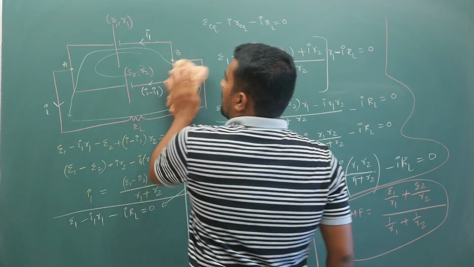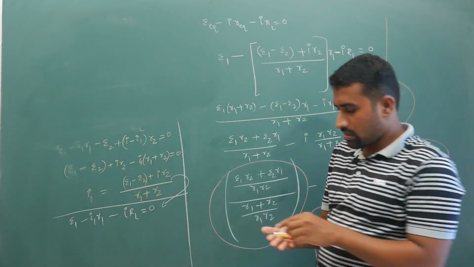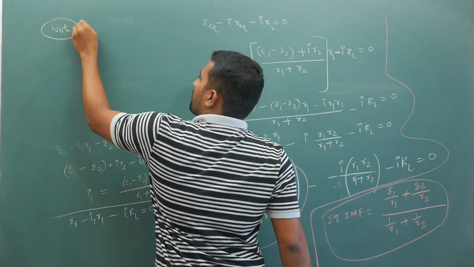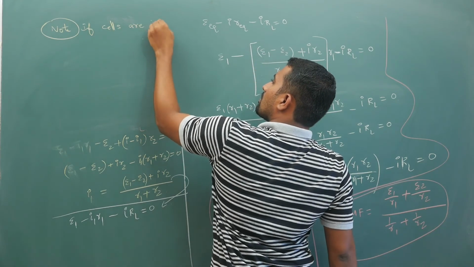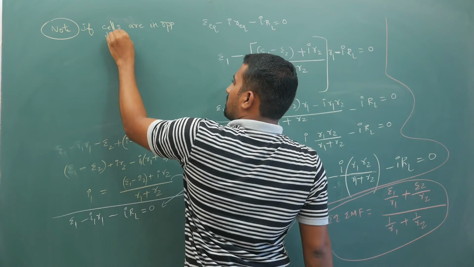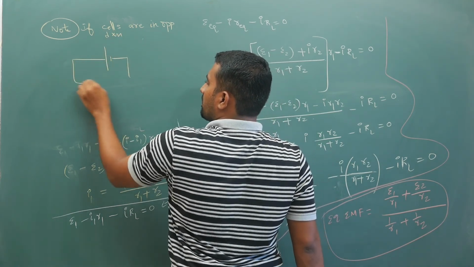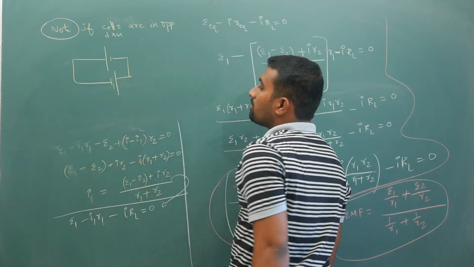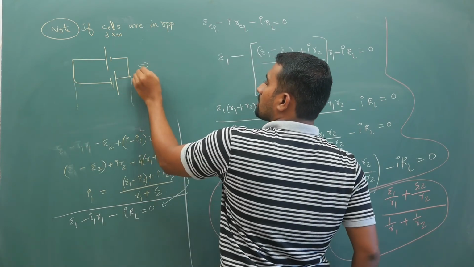Okay, so I'll write that as a note. Hope you have copied it down. Note: if cells are in opposite directions, that means one is to the front like this and the other is to the back, like this. Now here you have same direction, but in this case you are supposed to